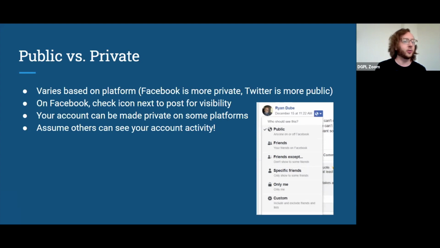I don't know that they're always aware that other people can see them engaging in that kind of activity. So again, just consider what am I doing that somebody else could see? What's the privacy on my posts? What's public? What's private just to me or my friends?